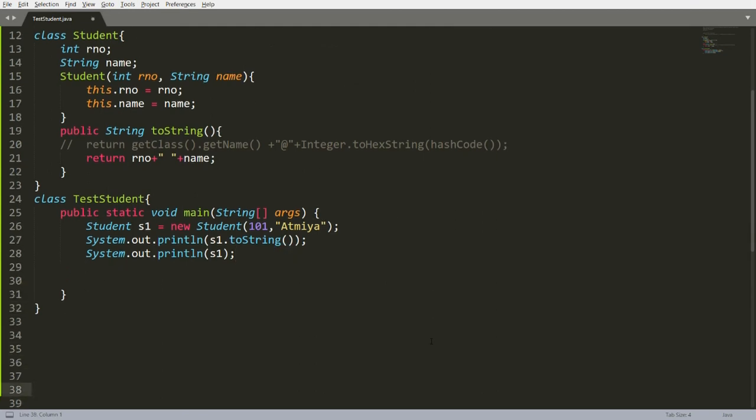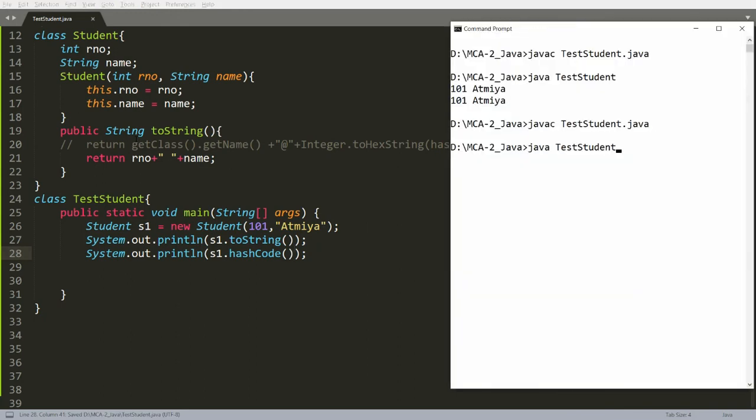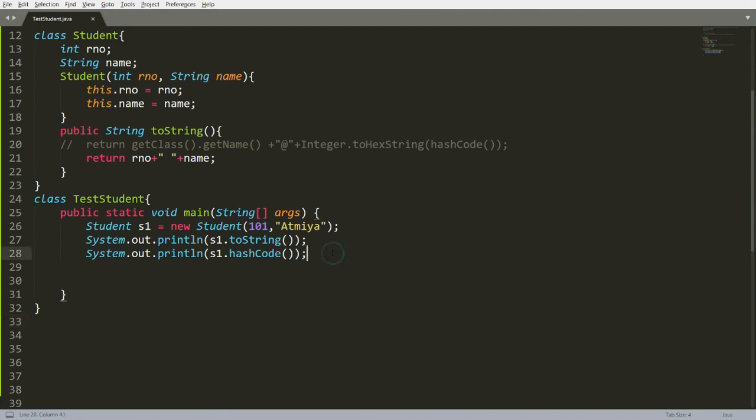Now what is hashCode? We can say that for every object, the JVM generates a unique number, and that is the hashCode. It returns a distinct integer for a distinct object. So how to call the hashCode? It is very simple. If you write here s1 dot, and I'm calling the function hashCode, I have not implemented a hashCode function over here, so it will call the hashCode function from the Object class. So you can compile this, and whenever you run this, you will get the hashCode over here, that is 20010499719.